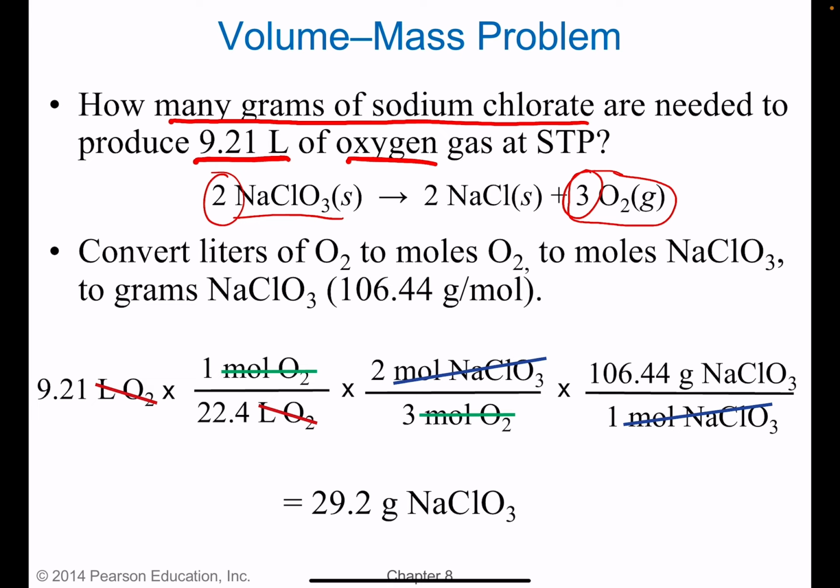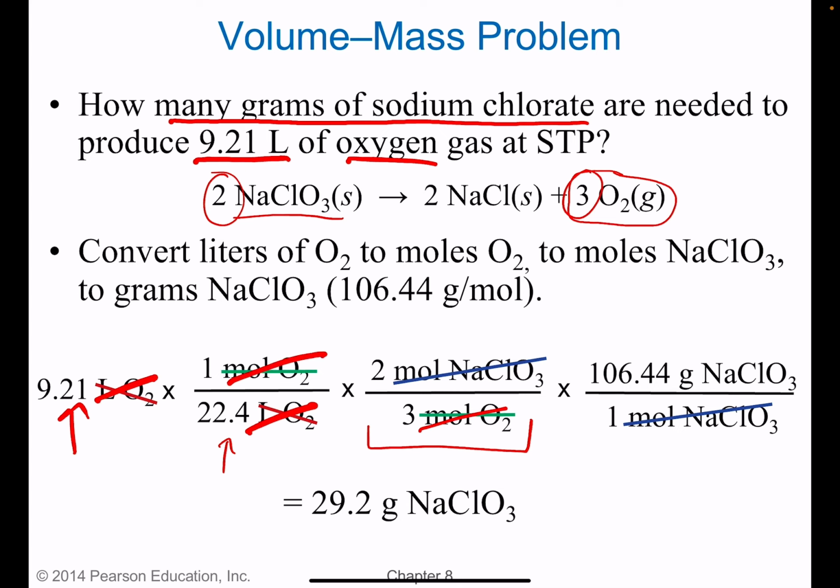So the first thing, we're going to start with what we know, 9.21 liters. Next, we can convert to moles using the molar ratio because the O2 is a gas. And we put the 22.4 on the bottom so that the liters cancels. Next, we're using the molar ratio. So it's a 2 to 3 ratio from the sodium chlorate to the oxygen. And we put the 3 on the bottom because that was associated with moles of oxygen